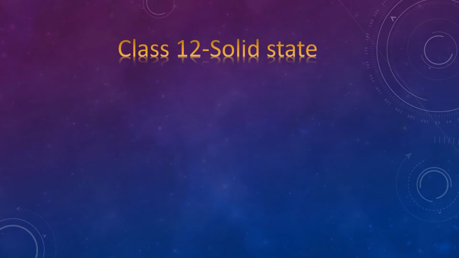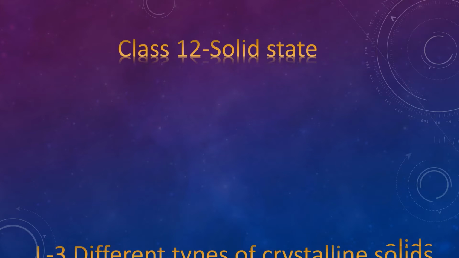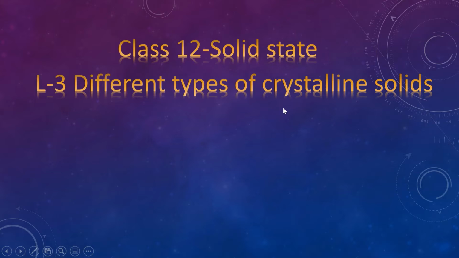So let's start with today's topic. We had a very quick review of what we had done in the last classes. So what are we going to study today? Today's topic is the different types of crystalline solids. This is actually what we are going to study throughout the chapter. We started with matter, which consists of solid, liquid and gaseous states. Then we studied that solid exists in two different forms, amorphous and crystalline. In crystalline solids, atoms are arranged in a very regular way and they are true solids. In amorphous solids, atoms are arranged in a random manner, so they are pseudo solids, false solids, also called supercooled liquids.